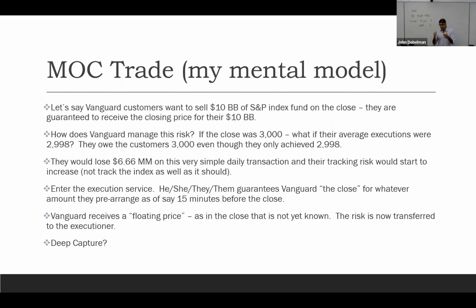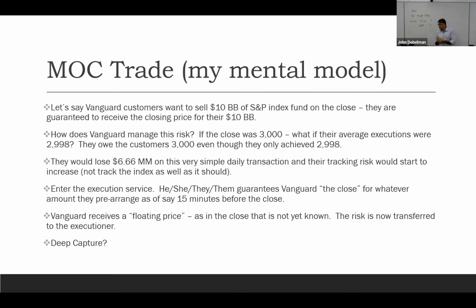If the close was exactly 3,000 and they're trying to sell and they only achieve 2,998, on $10 billion, that's a $6 billion risk there. And they have razor thin margins on index funds, very low expense ratios. So my working theory of what they do is they, he, she, they or them, guarantee,